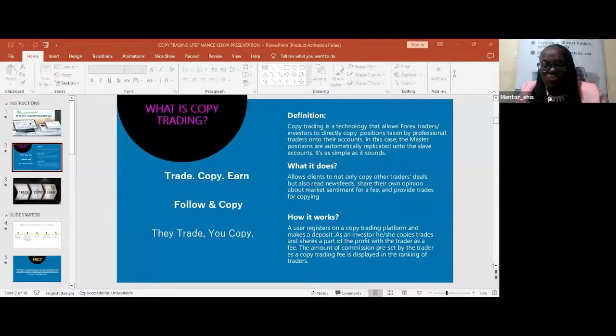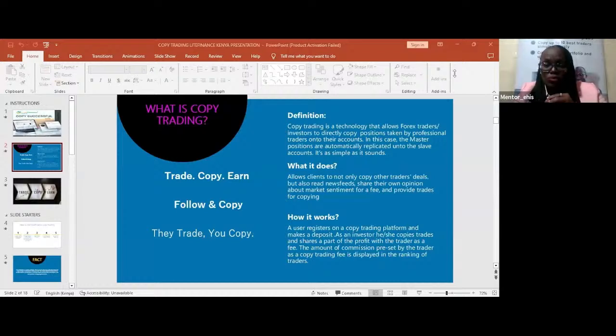It's just simple. A user registers on the copy trading platform and makes a deposit. As an investor, he or she copies the trades and shares a part of the profit with the trader as a fee. We call it a commission fee. The amount of the commission that you will pay a trader is preset by the trader